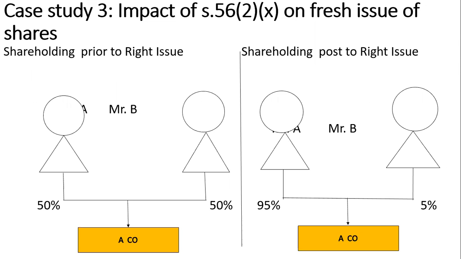Impact of 56(2) on the issue of fresh capital. Now, shareholding prior to the rights issue: Mr. A, 50,000 shares, 50%, and Mr. B, 50%, in A company. After issue of rights shares,